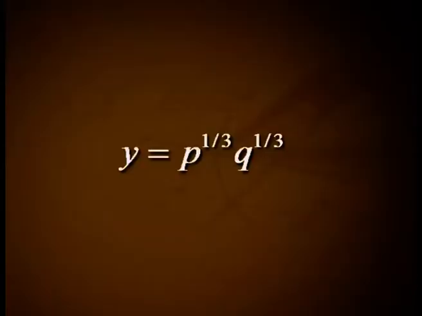Then the solution is given by y equal to p raised to 1 by 3 plus q raised to 1 by 3. Remark: we notice that p raised to 1 by 3 has 3 values, viz m, m omega and m omega square, where m is a cube root of p and omega is one of the imaginary cube roots of unity. But we cannot take the 3 values of q raised to 1 by 3 independently, for we have the relation p raised to 1 by 3 into q raised to 1 by 3 equal to minus h.